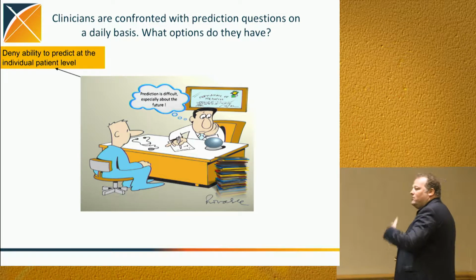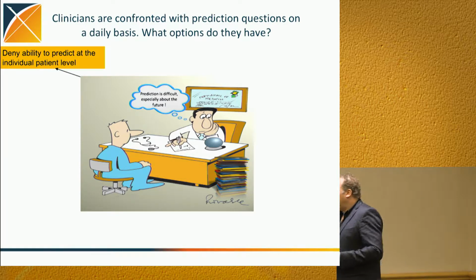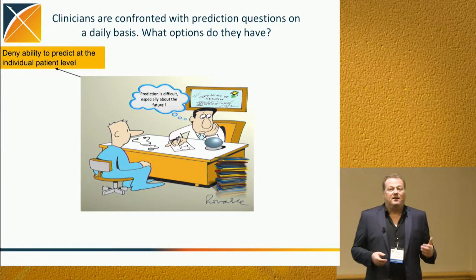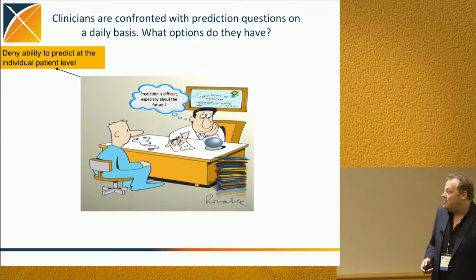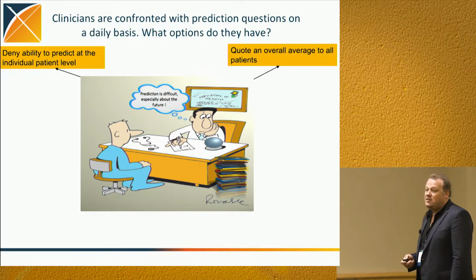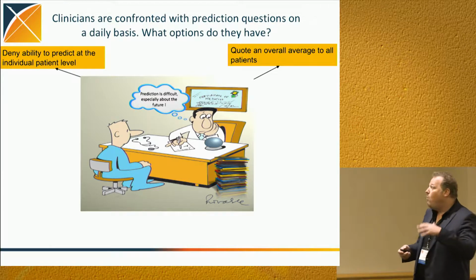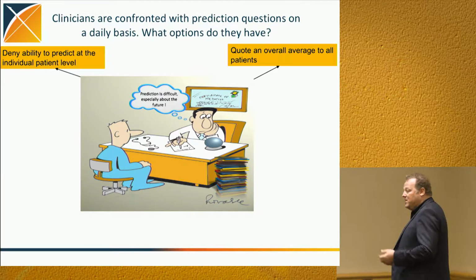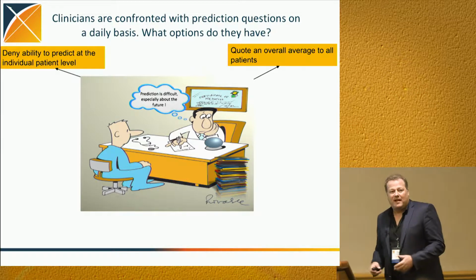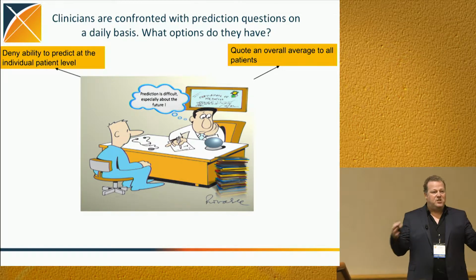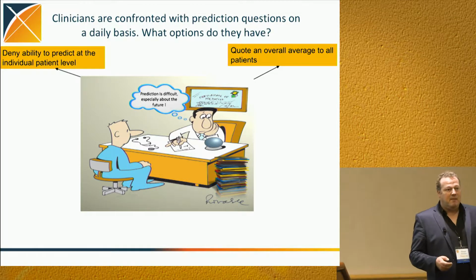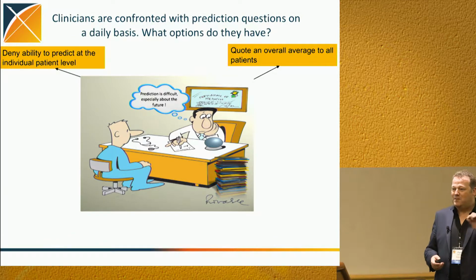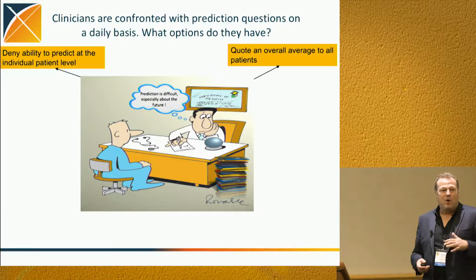One could be just to deny the ability to predict at individual patient level, and that can be a very good solution if that is the case. However, most of the time, what he does is he quotes an overall average to all patients. So we know that the incidence of stroke in patients with major depression is that high, and that would be the advice to the patient. But that's, of course, not tuned at all to that specific patient in front of him